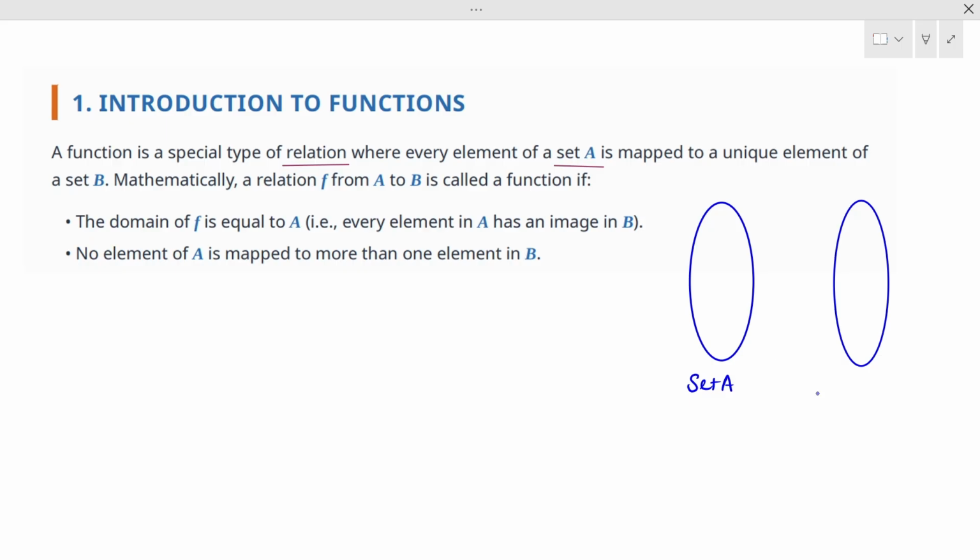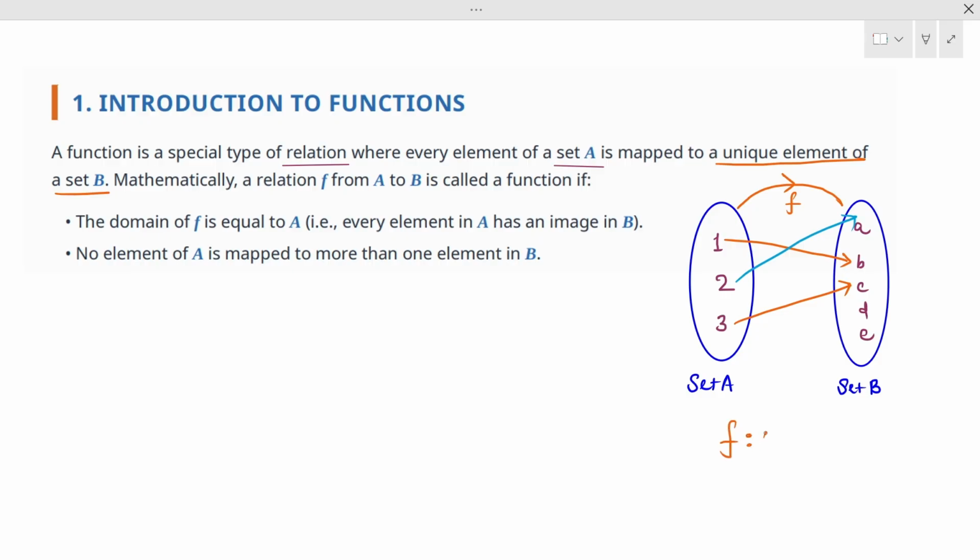So what is a function? According to the definition, a function is a special type of relation where every element of A, suppose we have the elements 1, 2 and 3, and in set B we have the elements A, B, C, D and E, right? So every element of A is mapped to a unique element of set B, okay? Let us say 1 is mapped to B, 2 is mapped to A and 3 is mapped to, let's say, C. Now this is a function, so we write this is a function from set A to set B,